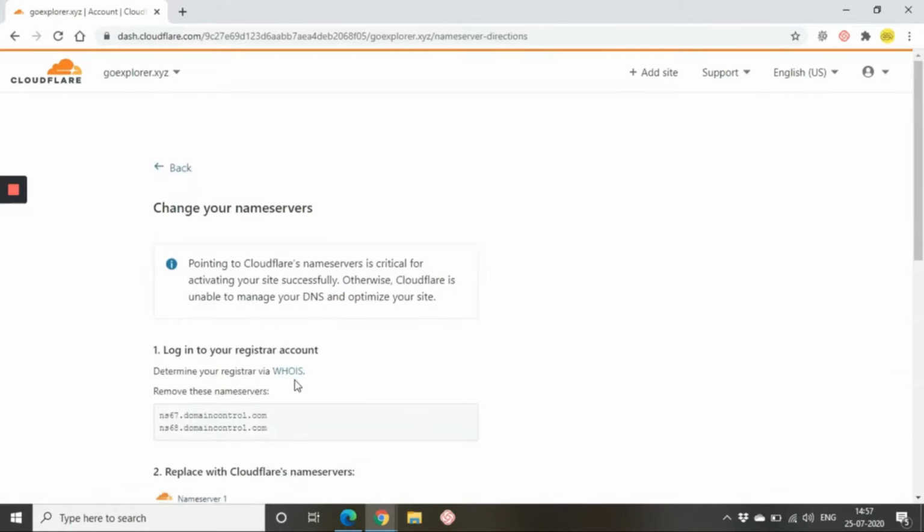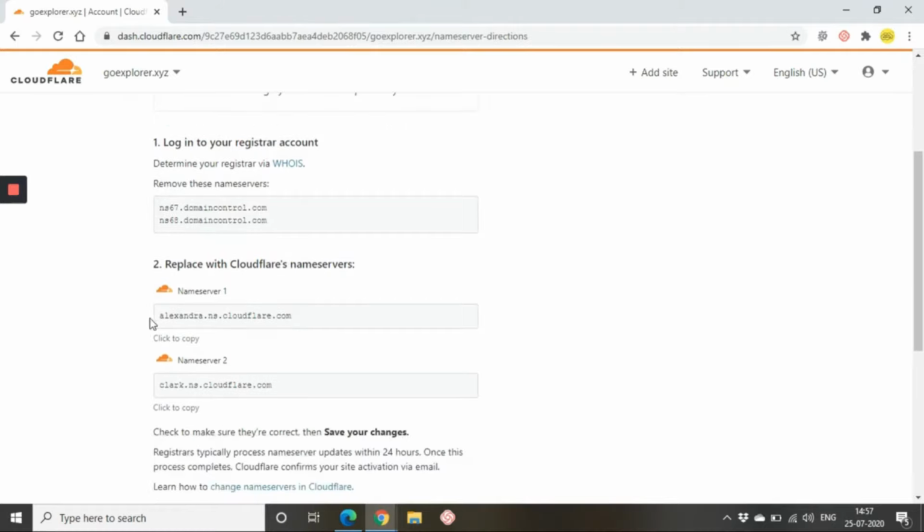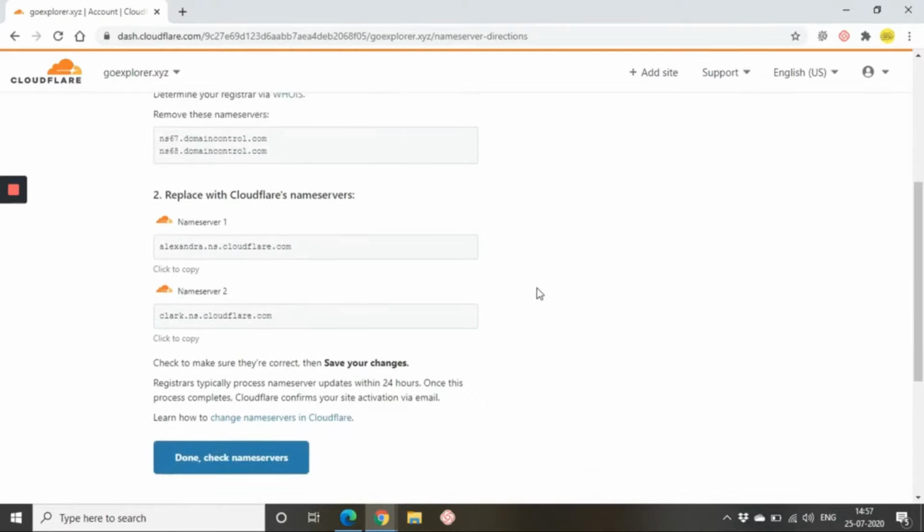Now we have to replace our existing DNS records with the DNS records given by Cloudflare. So we have to go to our service provider and replace the existing name servers with the Cloudflare ones. Please copy the name servers given here. There are two name servers, right? We have to copy them and replace them with the existing name servers.